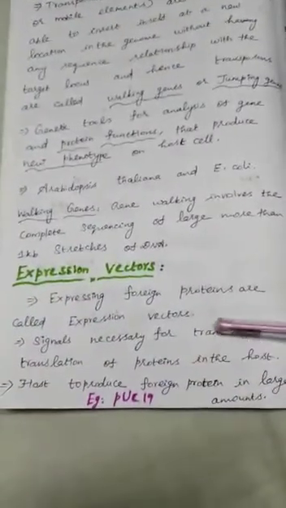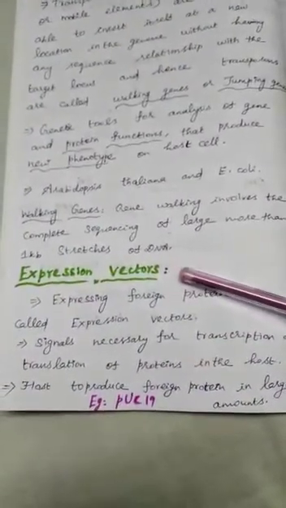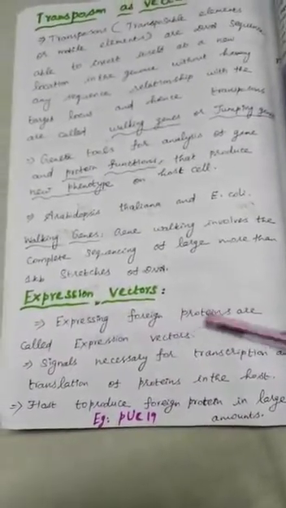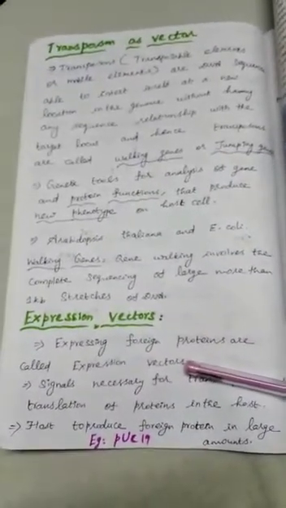The next type of vector is an expression vector. Vectors suitable for expressing foreign proteins are called expression vectors. An expression vector produces the concerned proteins inside the host cell, and that is known as a